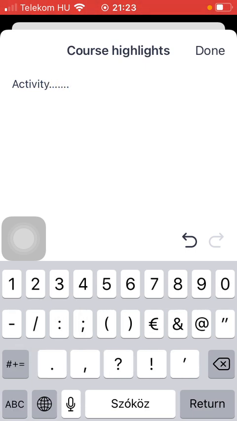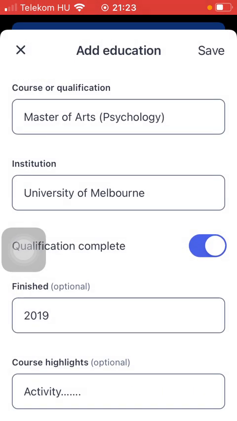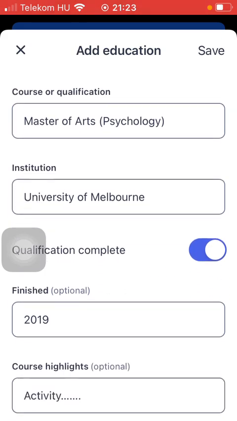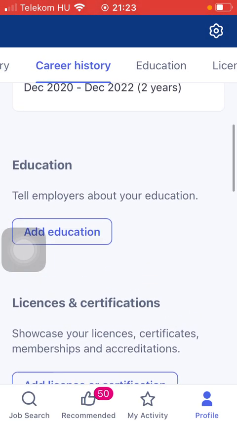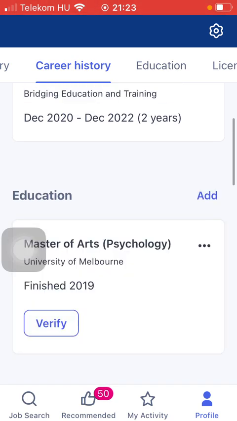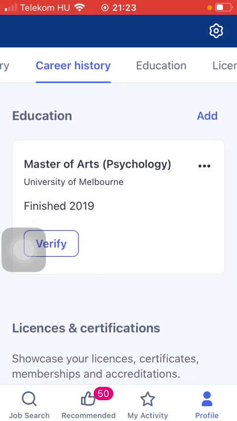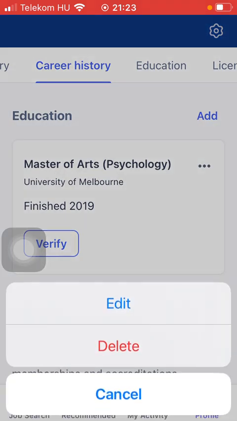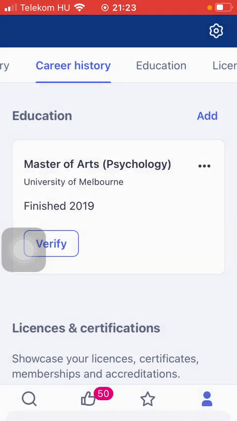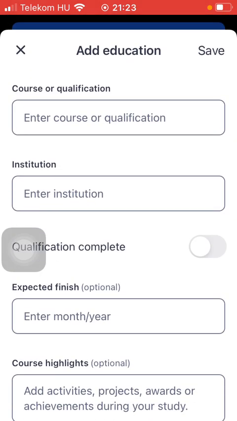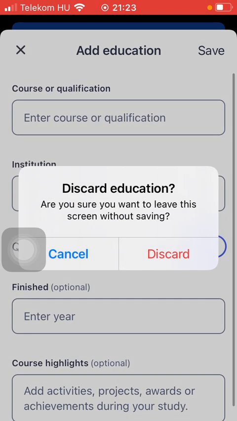Then if you are done, click on the done button in the upper right corner and then click on the save button at the top. So here you can see that you have added your education. If you want to edit it, tap on the three dots icon next to it and click on edit. You can also delete it if you want to, and you can also add another education if you want to by tapping on the